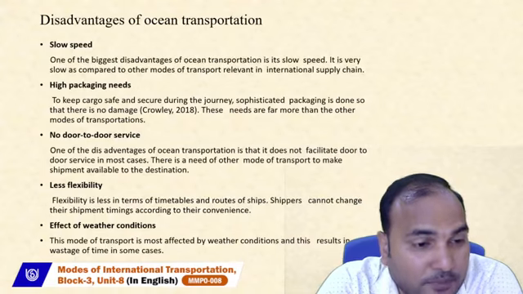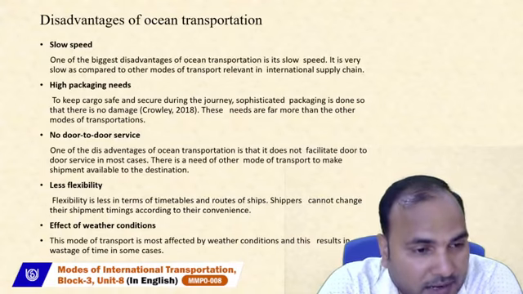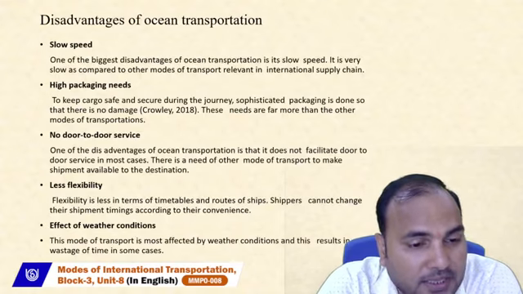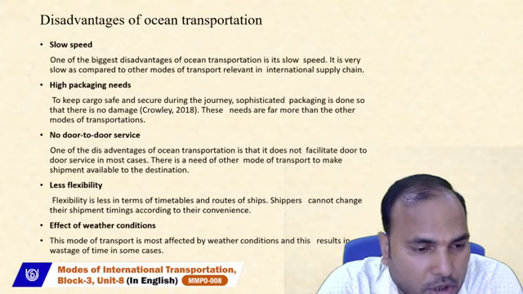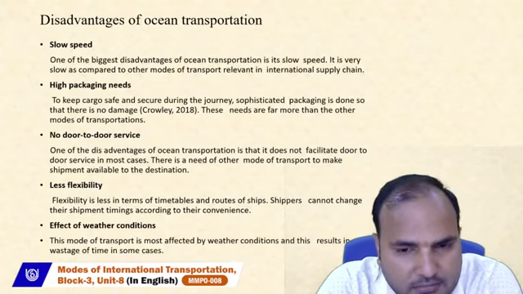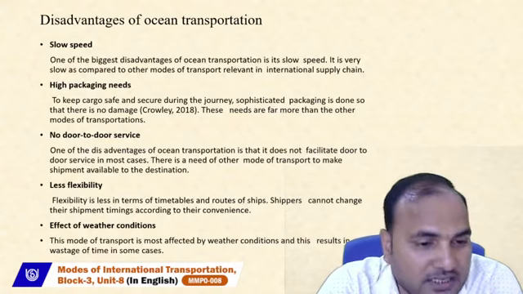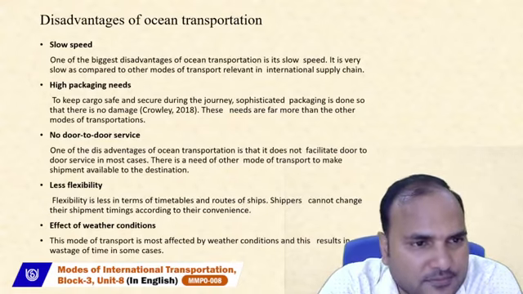So in terms of flexibility, it is comparatively less. Another is the effect of weather conditions. This mode of transport is mostly affected by weather conditions, which results in wastage of time in some cases.